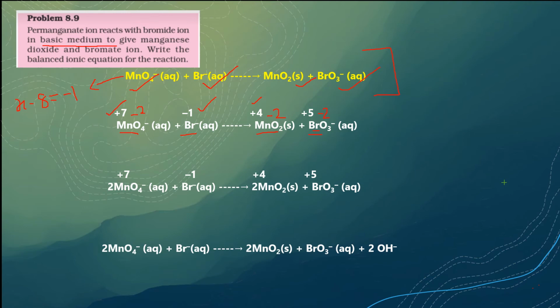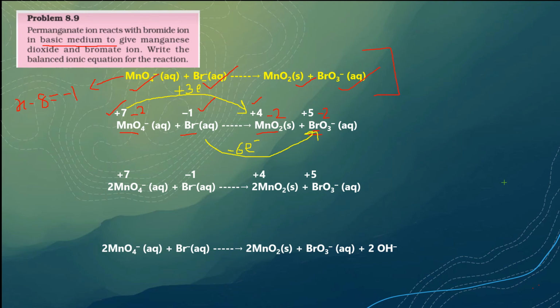Then I will see how many electrons lost and gained. So Mn from +7 is changing to +4. This can happen only if it takes 3 electrons. 3 negative charges will reduce +7 to +4. And Br from -1 to +5, that means it will lose this 1 electron first, which is giving it a negative charge, and become Br neutral. Further 5 electrons will be lost, so the total loss is 6 electrons. Now I have to make electrons lost and gained equal.